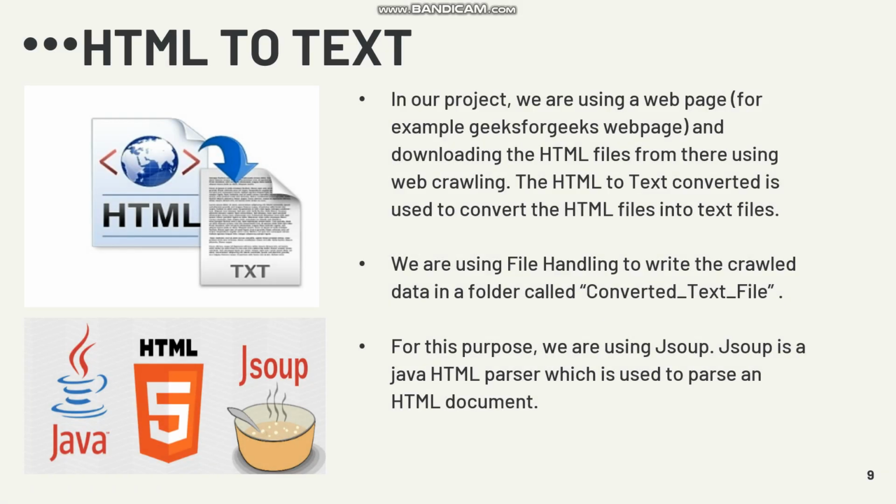For the next functionality that has been used in our project, it's called HTML to text. For this purpose, we are using the JSoup library. JSoup is a Java HTML parser, which is used to parse an HTML document. In our project, we are using a web page, for example, the GeeksforGeeks web page, and we are downloading the HTML files from there using web crawling. Apart from this, we are also using file handling concepts to write the crawl data in a folder called converted